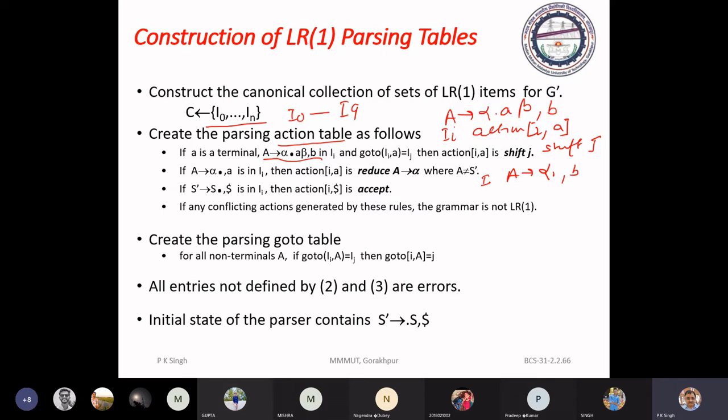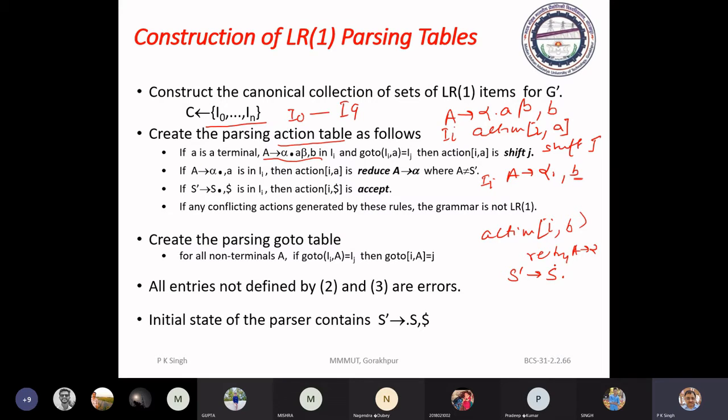Suppose this item is in item set Ii, then action[i, b] is reduce by A → α. We do not look at the follow of A. And the item set having S' → S . means S is the start symbol and the dot means we have completed the parsing; we have reduced the entire string to the start symbol.